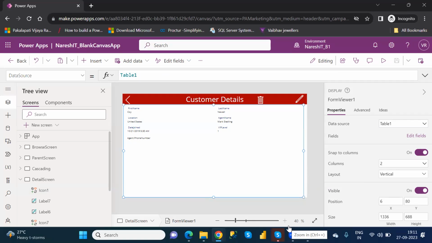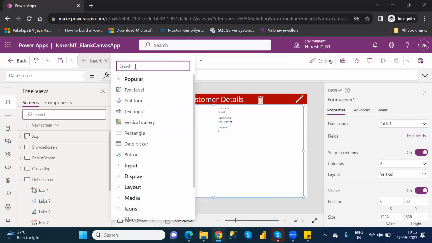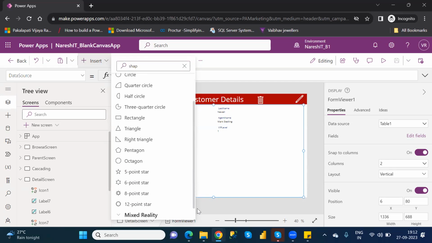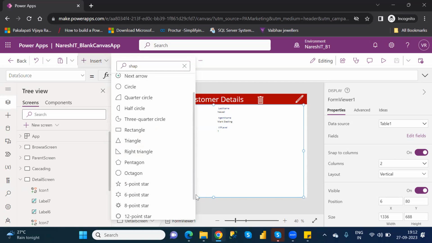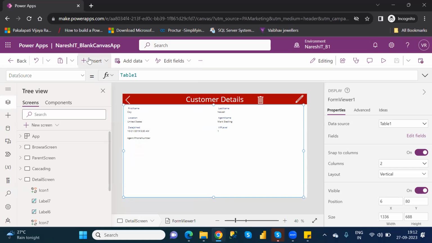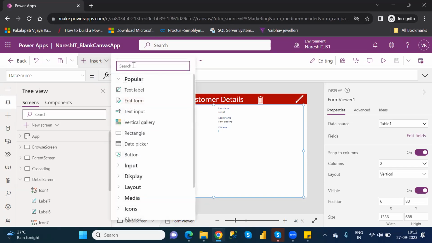For that, you can take message shapes. Actually, a rectangle shape you can take.